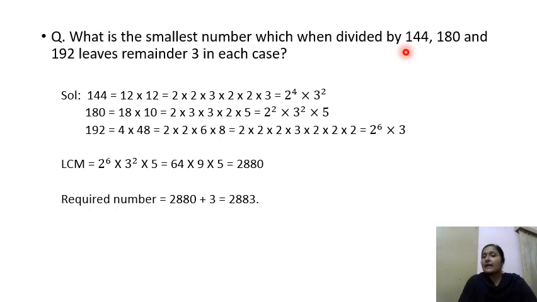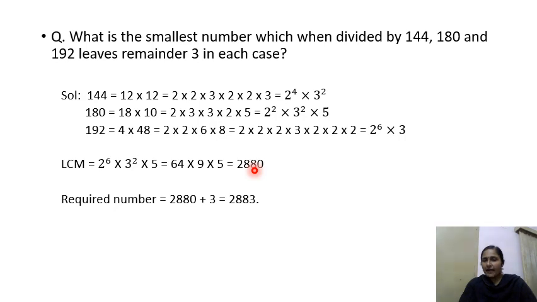If it is greater, what do we have to do? We have to find the multiple. So again, we will find the least common multiple. I did the factorization here and then calculated the LCM. Okay. Now just to check the question: what is the smallest number which when divided by these leaves a remainder? We want the remainder here. So we got the LCM here.